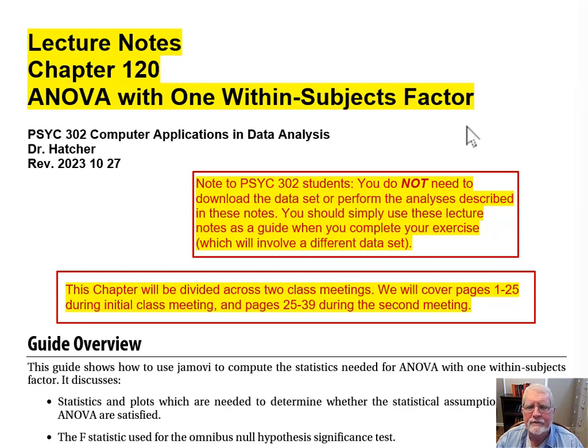My usual warning to my Psych 302 students: remember, you don't need to download the data set or do any of the analyses described in these notes. Instead, just use these lecture notes as a guide when you complete your exercise, which will involve a different data